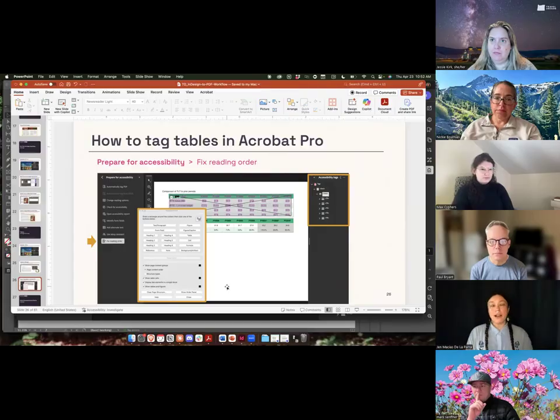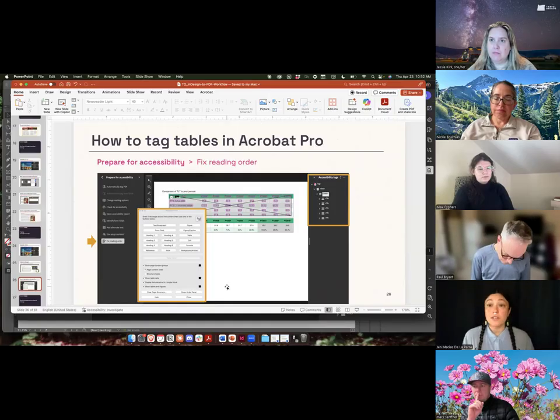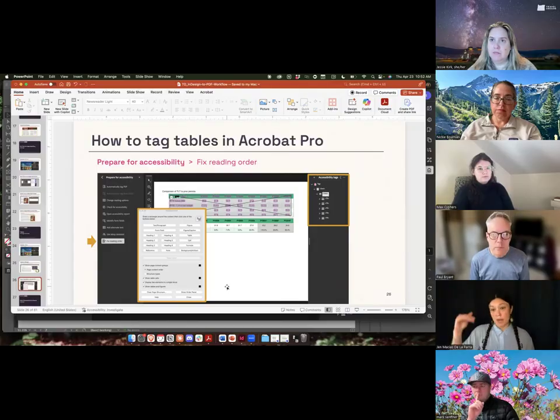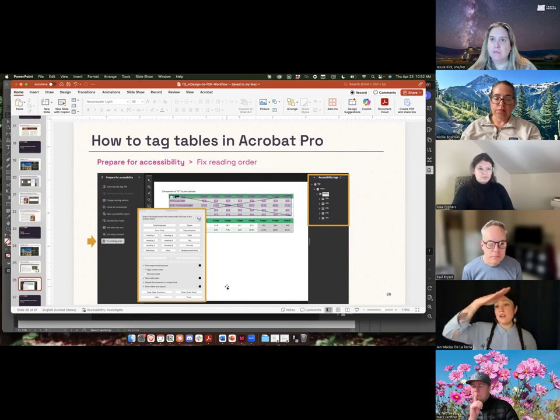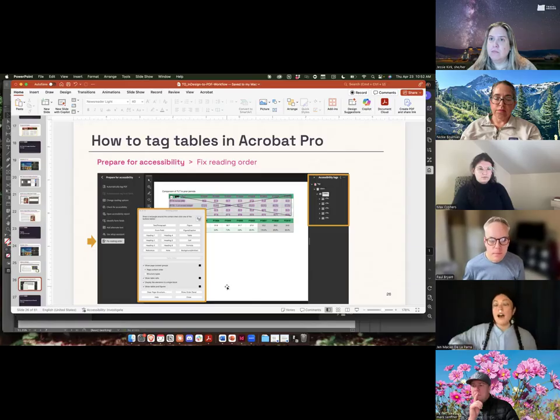Yes. So best practice would be, and it's going to be technical and maybe obvious, making sure it aligns with your language, right? A lot of the things that we're designing are designed in the English language. So when we think about predictable reading patterns, we think left to right, top to bottom. In terms of a table, we want to think about how we expect people to consume that information. So if you are tagging it correctly, where there's a header row and a header column, we would expect that if they're going to tab through that table, they would be able to easily understand